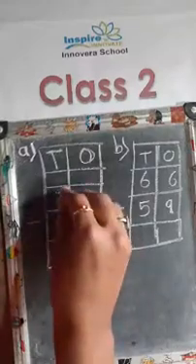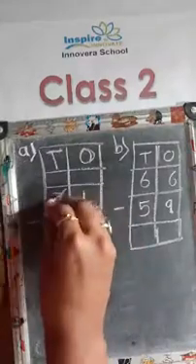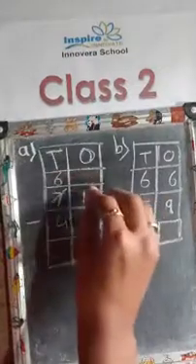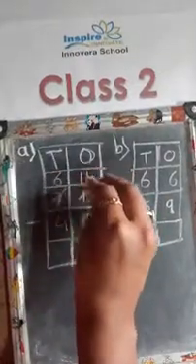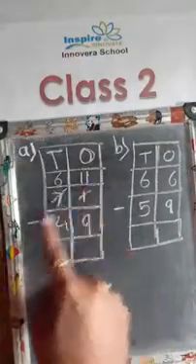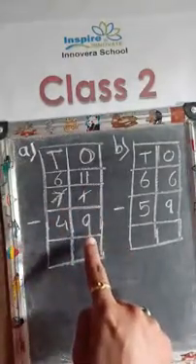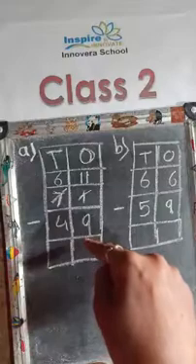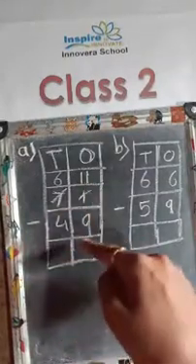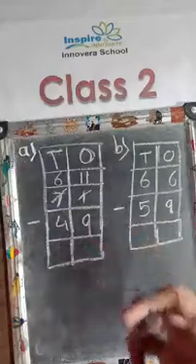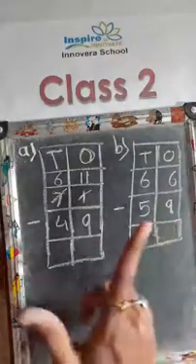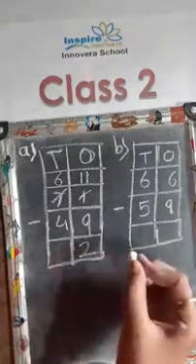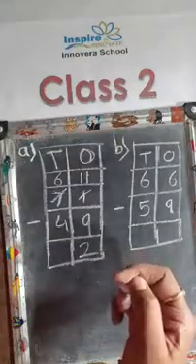If I take 1 from the tens column, 7 minus 1, how much? It's a 6. And here it becomes 11 because we have taken 1. 11 minus 9. Now we can do this subtraction easily because this is a 2-digit number and this is a 1-digit number. So 11 minus 9. Start counting after 9. 10 and 11. So what is the answer? 2. We got the answer 2 in the ones column.